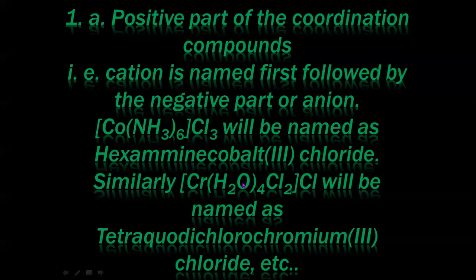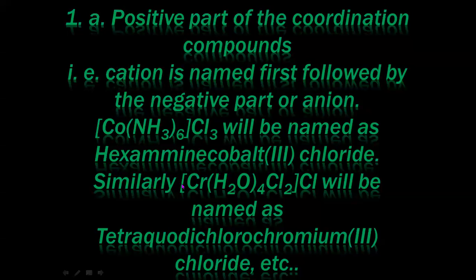Similarly, in this compound whose formula is [Cr(H2O)4Cl2]Cl, again Cl, that is chlorine, is in anionic form or it is a chloride ion. So it will be written at the end of the name of the compound. And before that, we have to write the name of this sphere called as coordination sphere or